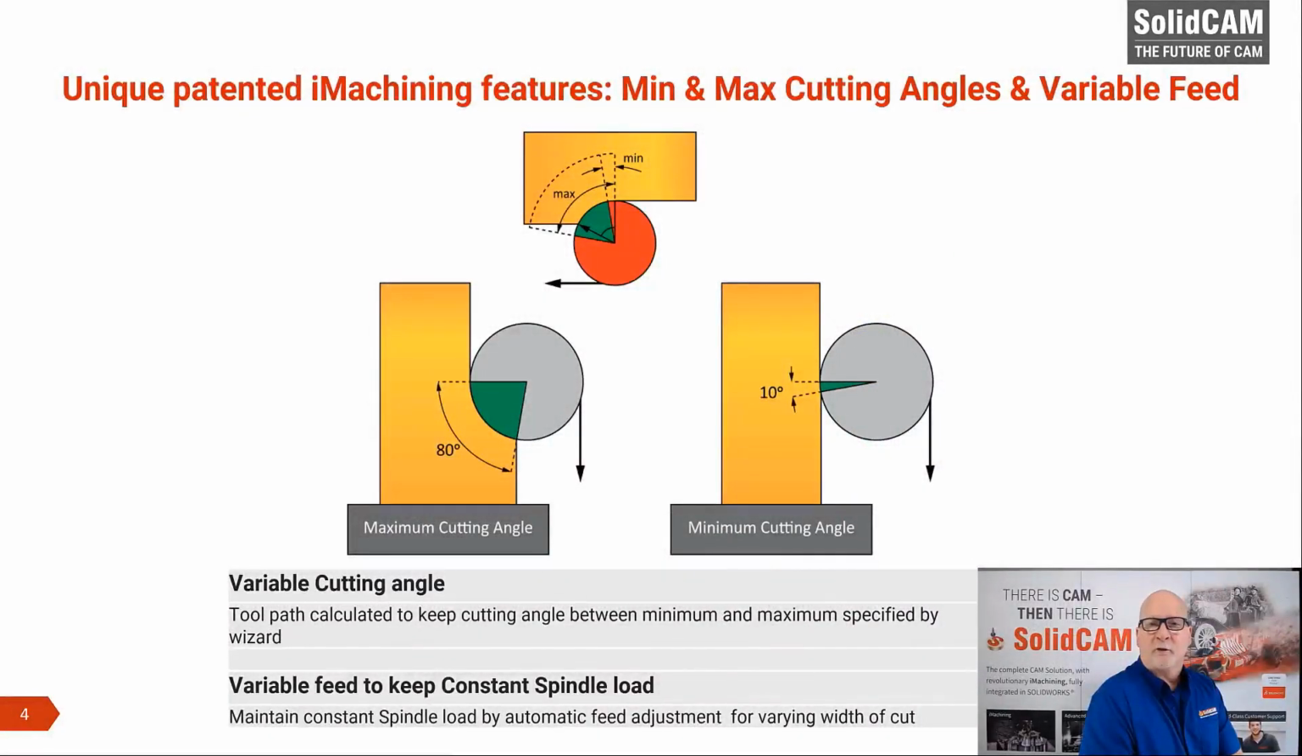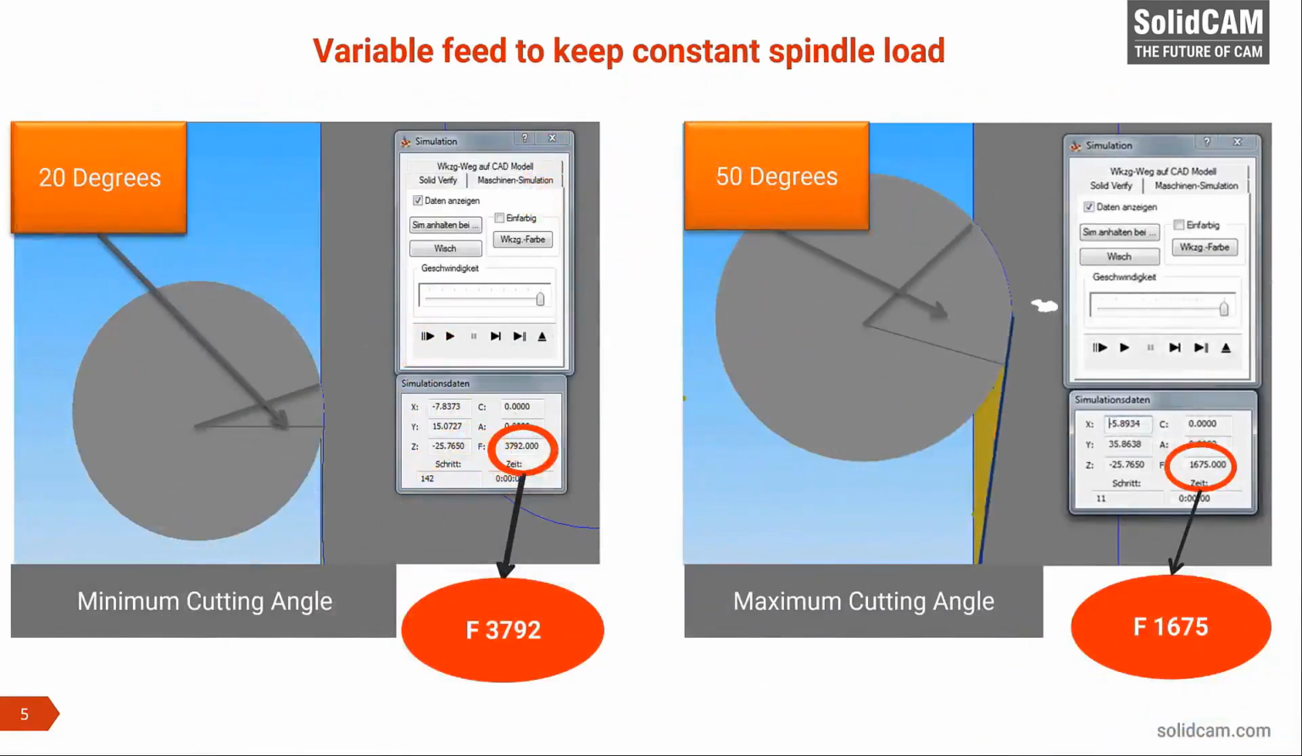iMachining has several unique patent claims. The cutting angle is managed between 10 degrees minimum and 80 degrees maximum angle to support our morphing spiral motion. Feed rate is modulated according to that cutting angle to maintain a constant chip thickness, which results in a constant spindle load. As you can see here, the feed rate is changing as the cutting angle changes from 20 degrees